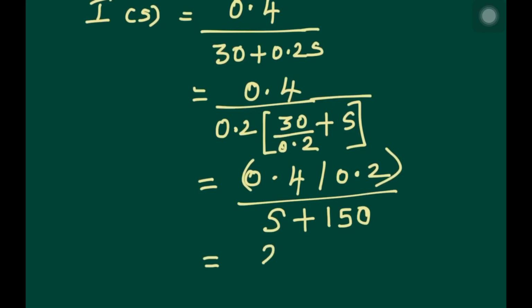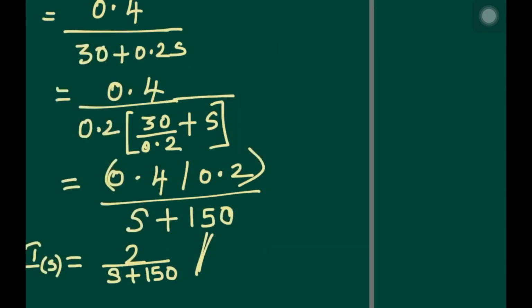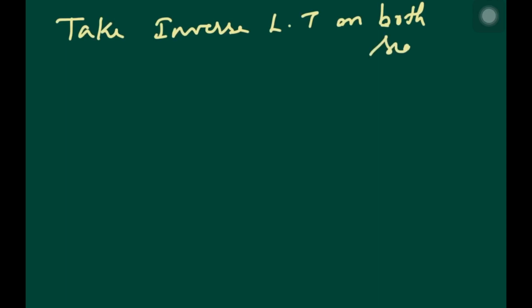Now we have to take inverse Laplace transform of this expression, and 0.4 by 0.2 we will be getting as 2. Hence I of s is equal to 2 divided by s plus 150. Now for this, if we take inverse Laplace transform on both sides, we will be getting the current expression in time domain. Therefore we get I of t equal to